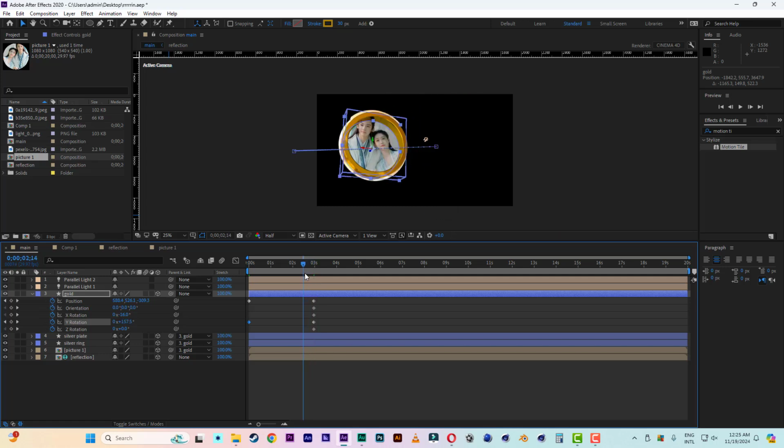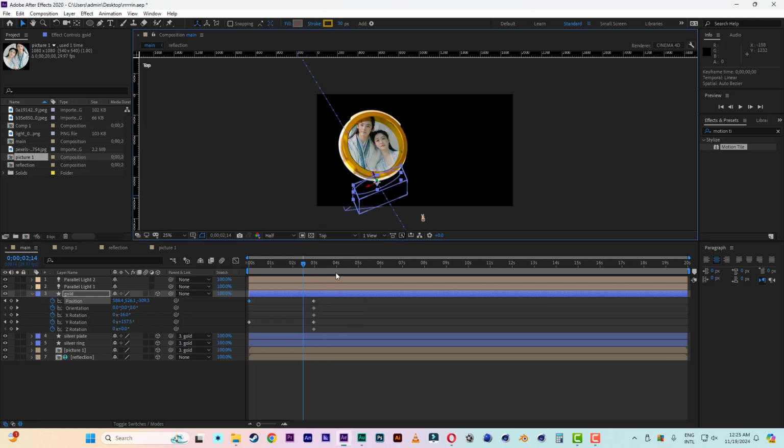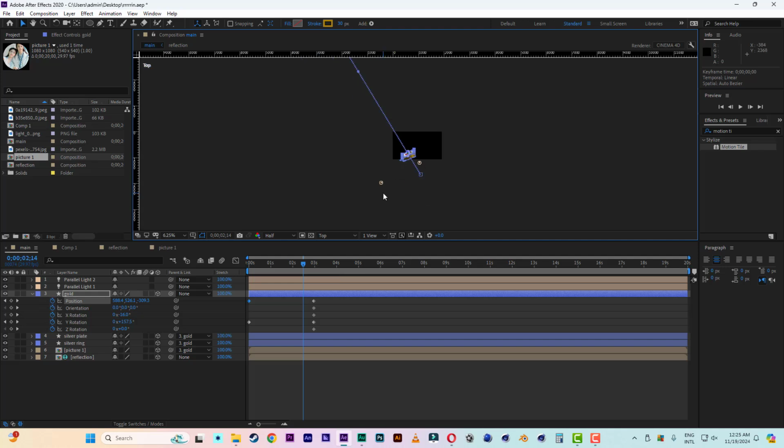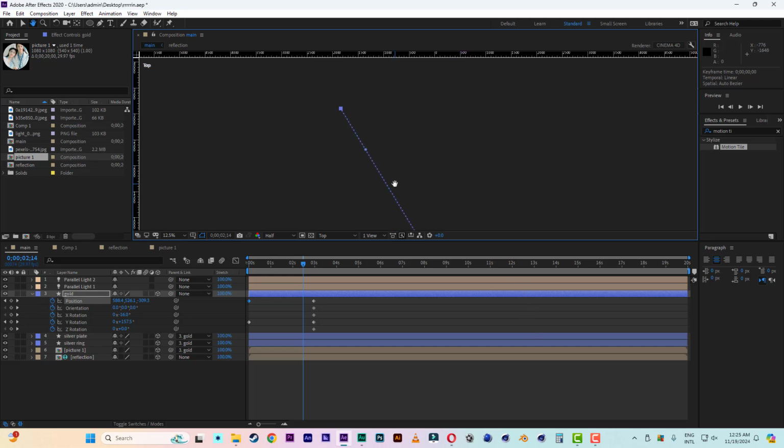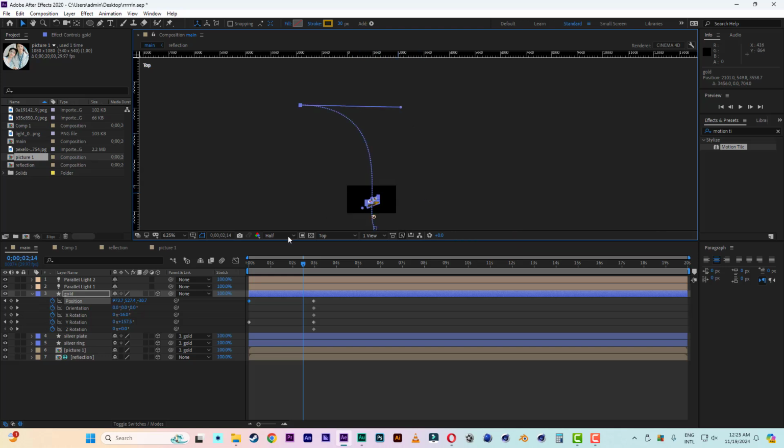This is not what I want. So I'll just select this key here. You see that it gives a certain bezier. So let me switch to the top view, so that you see that bezier I'm talking about. So this is the bezier that I'm talking about. So you can stand on it, then move it, curve it well. Okay, this bezier. All right. So with that bezier, when you come to the active view, you see that